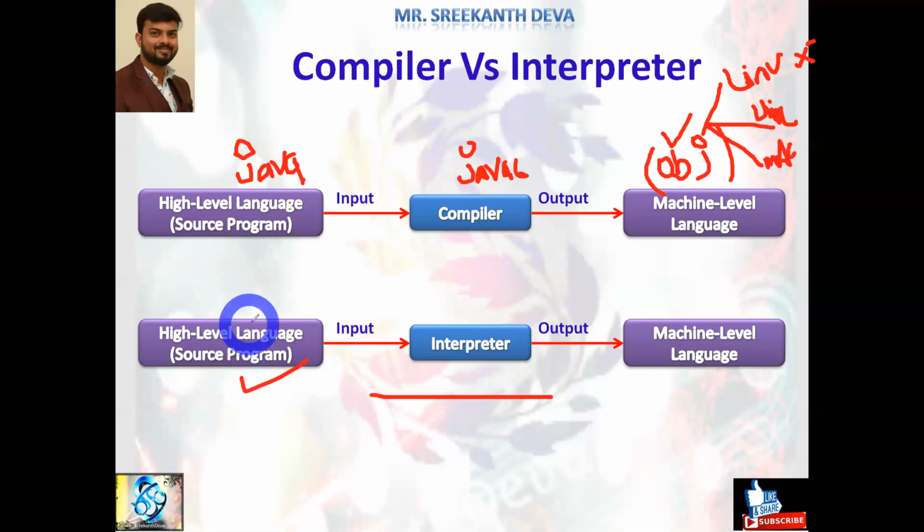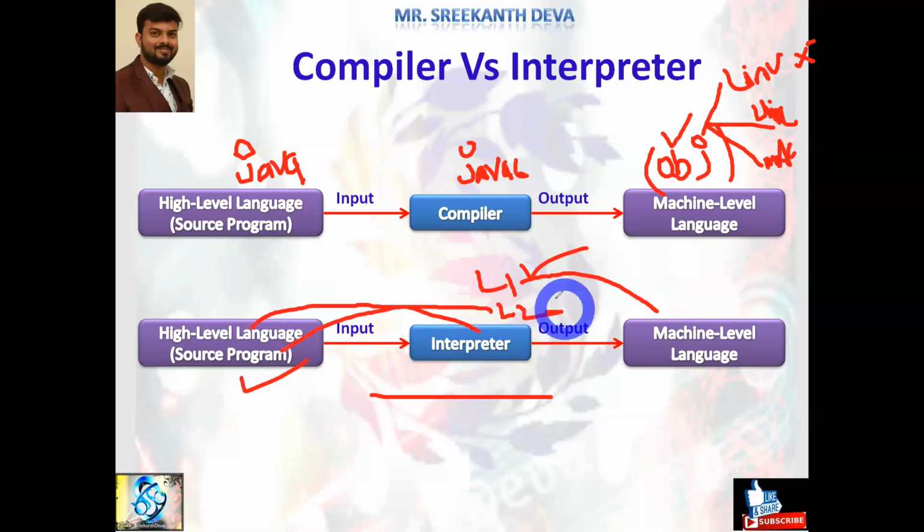Okay, that source code is going to be loaded into the interpreter line by line. Line 1 is taken first by the interpreter, and if it is error free it generates machine code. Again line 2 is going to be loaded. Once line 1 is successfully done, the interpreter loads line 2 and checks whether any syntax errors are there. Okay, it's going to generate runtime errors. If there are no errors, then happily it's converted into machine level code. So this interpreter is always platform independent.